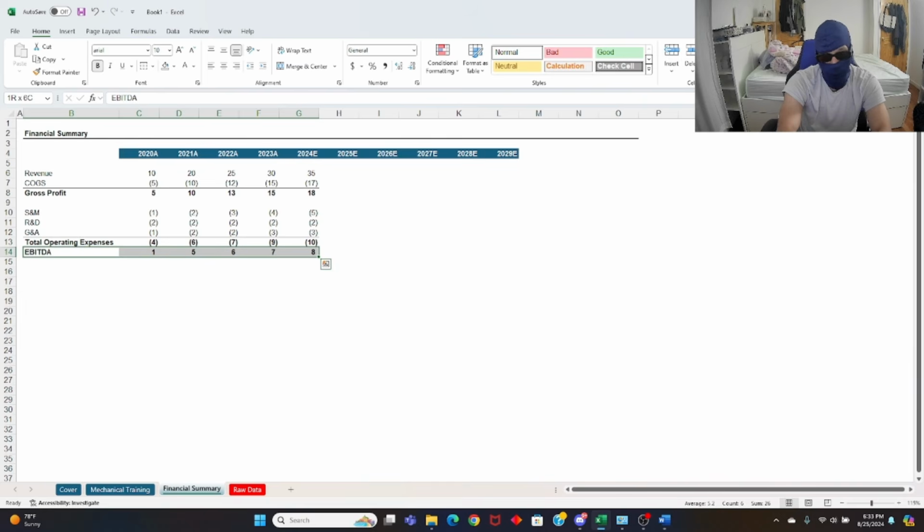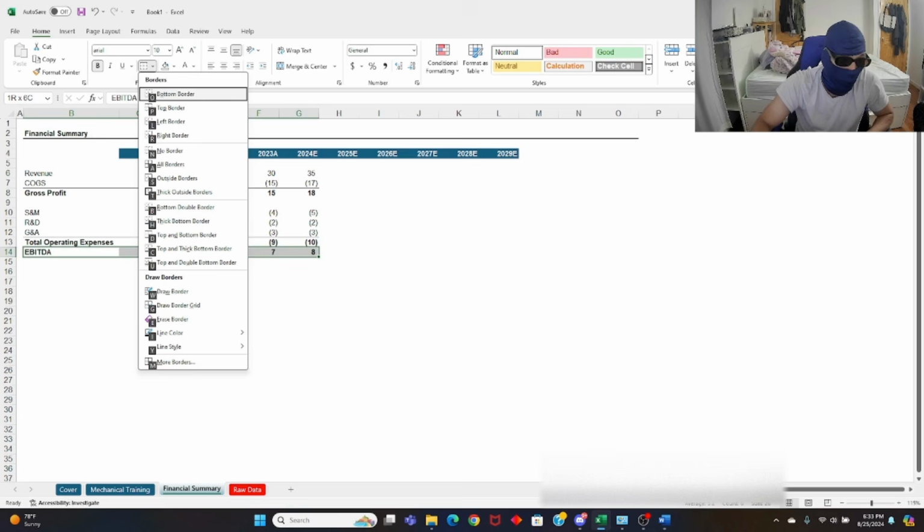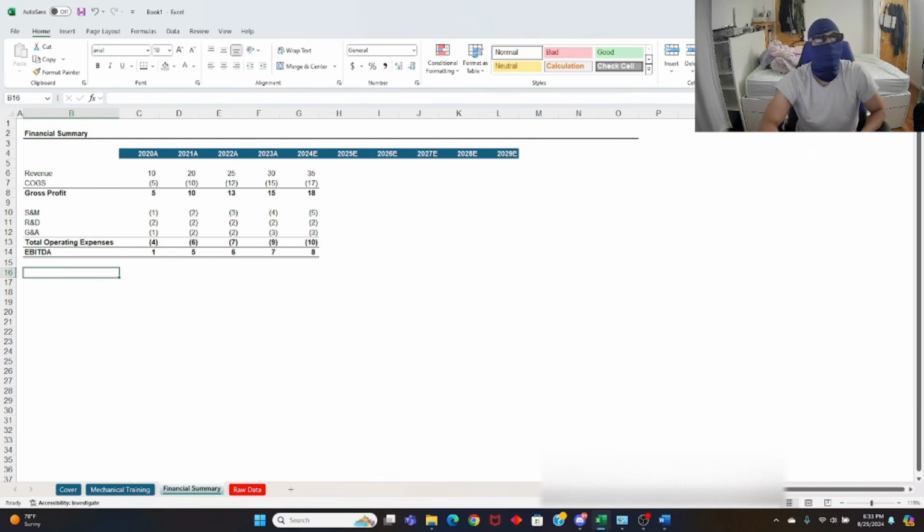Now you can highlight and add a top border, or undo, Control-Z. You come up here, Alt-EST, paste format. Now your EBITDA line is the final line on this P&L. We're not going to net income because that's all the data that we have. Highlight across, Alt-H, we want to put a double border on the bottom. So Alt-HB, what's the double border? It's B, double bottom. So Alt-HBB. So now you can see how this raw data is being transformed into something that's relatively presentable, right?